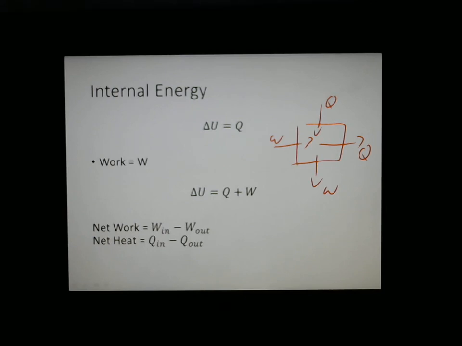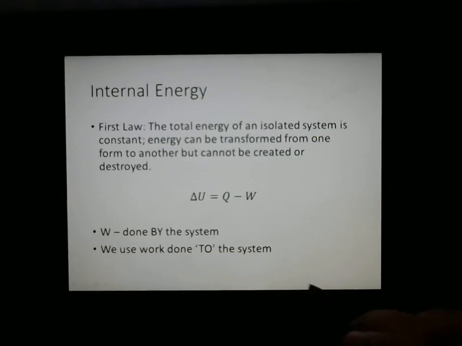Now, this formula is basically the first law of thermodynamics. We taught it to you as the conservation of energy back in grade 8. The total energy of an isolated system is constant. We can transform energy, but we can't create it or destroy it. Now, the really annoying bit is sometimes texts will write the formula like this,